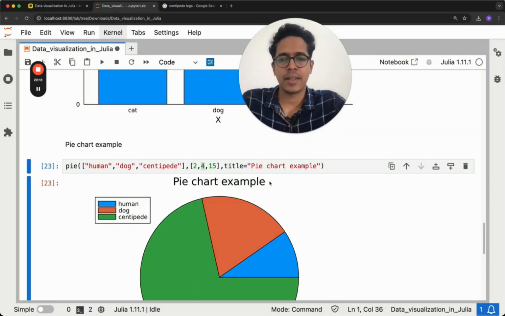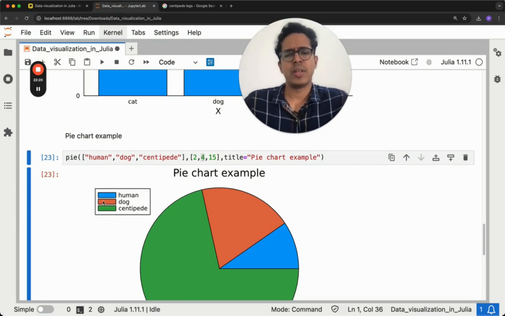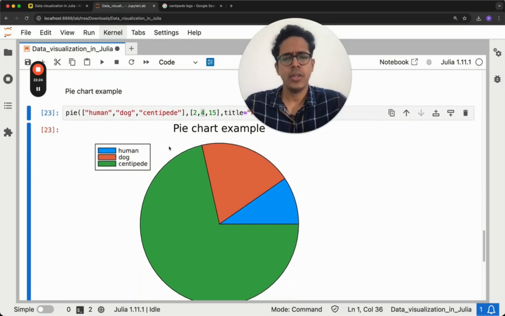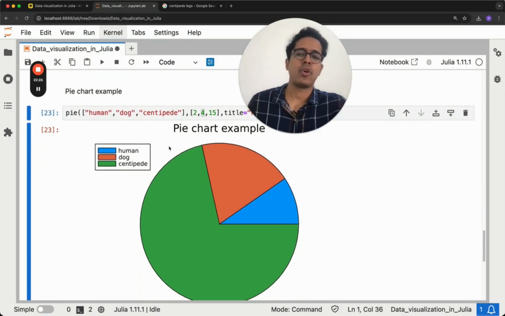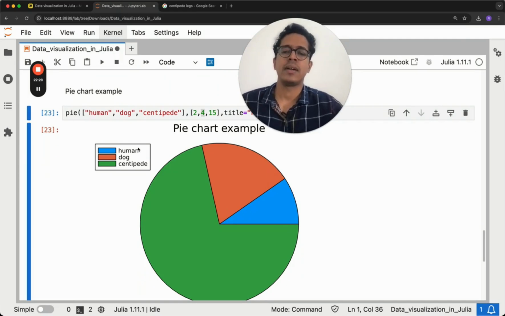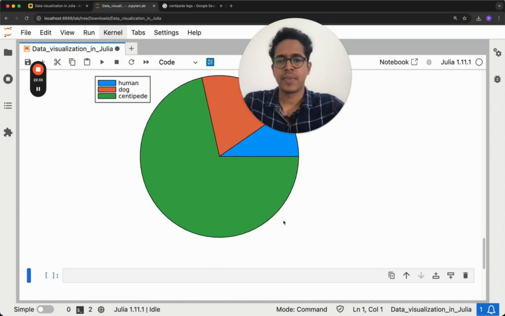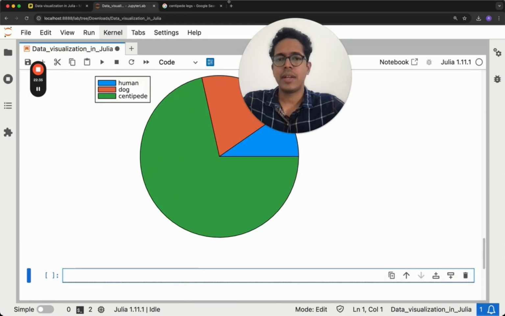So you just need to add the title. It's very beautiful, actually. I absolutely love plots that look like this. You can, of course, change the color. You can change the font family of the title, etc. But let's do that in the later part of this lecture. Now, let's move on to the next